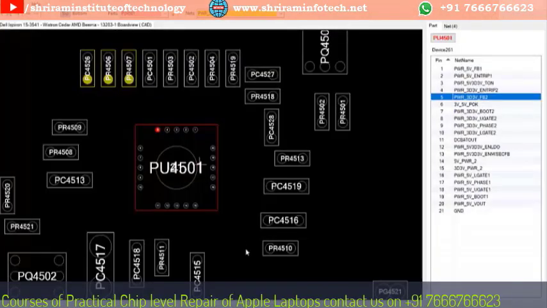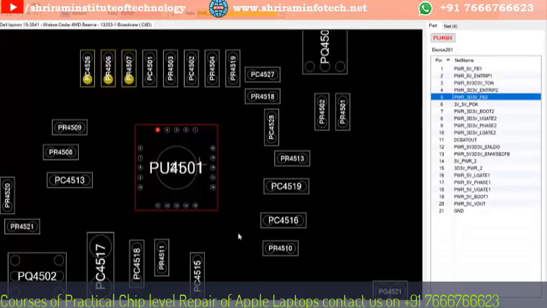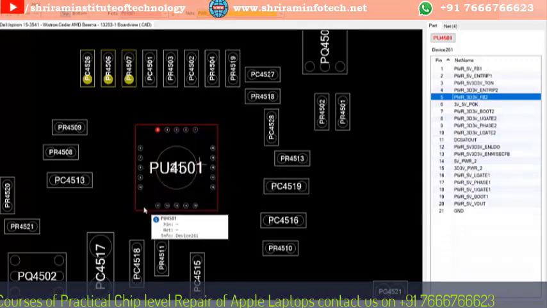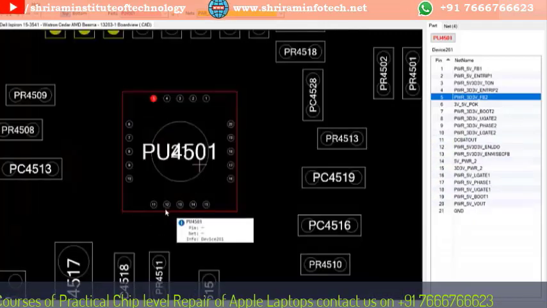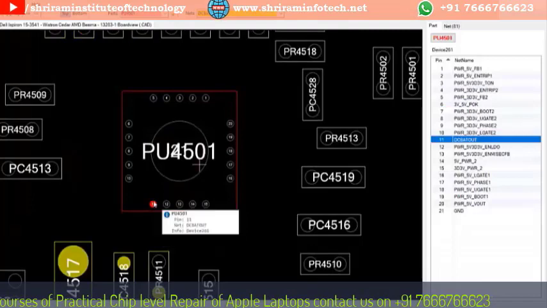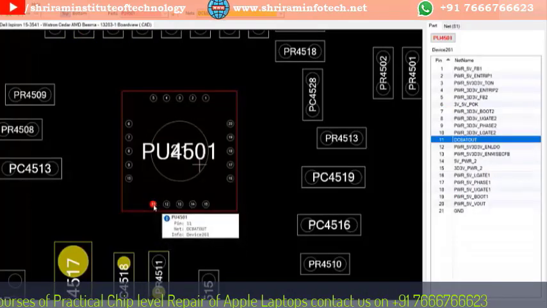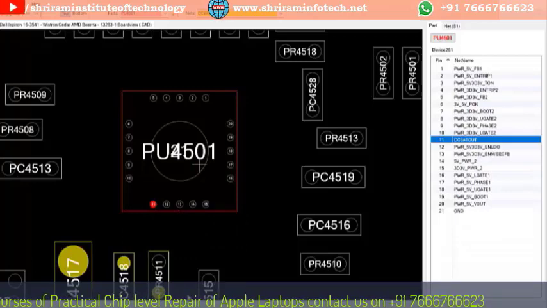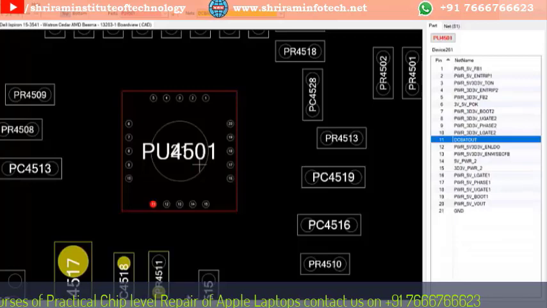VIN pin is what? 11 here. So this is my input. Here I have to check 19 volt. Either I can check here, here, or here, whichever is convenient to me. Okay, the next is I have to check